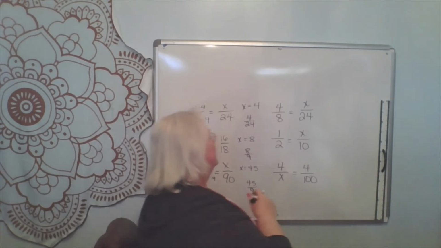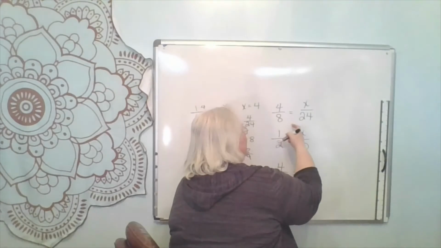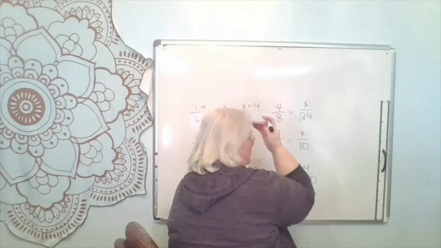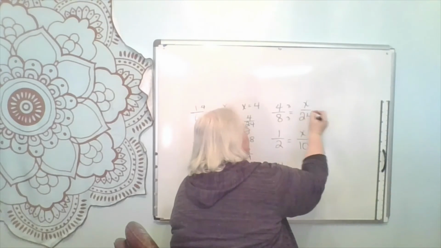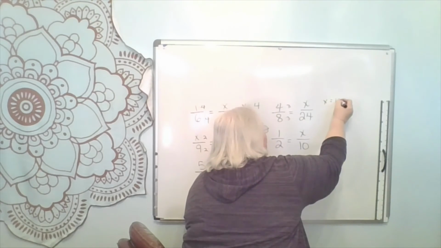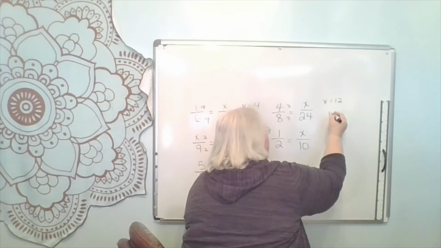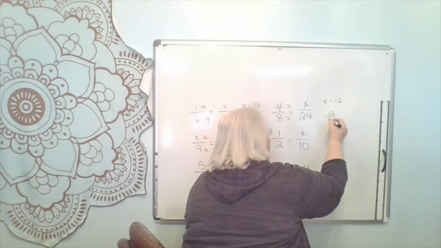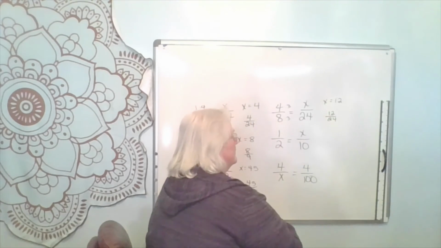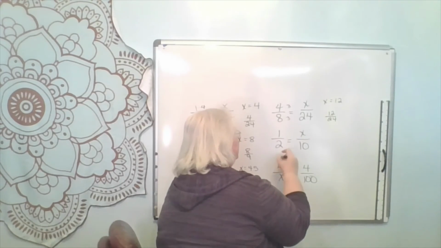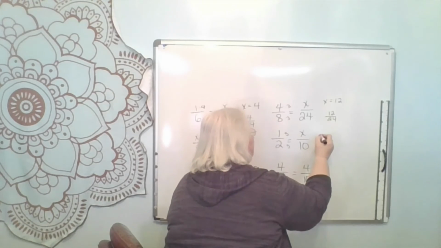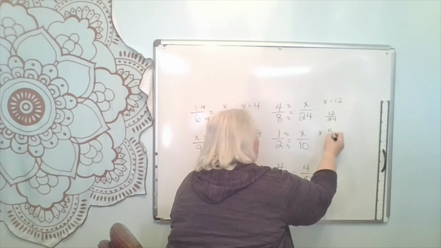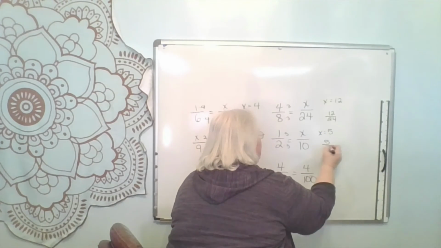So let's look at this one. 8 times what gives us 24? So that would be 3. So we're going to do 3 here. So x is equal 12, and our equivalent fraction is going to be 12 over 24. Here, we're going to say times 5. So x is equal 5, and our equivalent fraction is